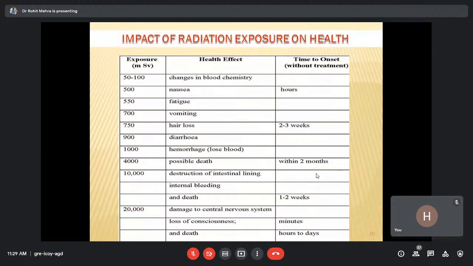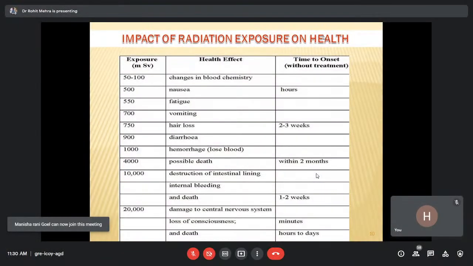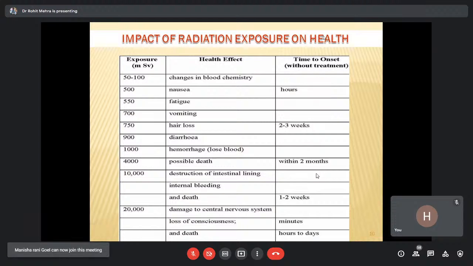But to your surprise, I would like to share with you that this 50 millisievert is a very big dose. Generally, on average, the annual received dose of natural radiation is of the order of 2.5 or 2.6 millisieverts, of which only 1.2 to 1.3 millisieverts is contributed by radon itself, meaning a 55% contribution. So 50 is a very high level,